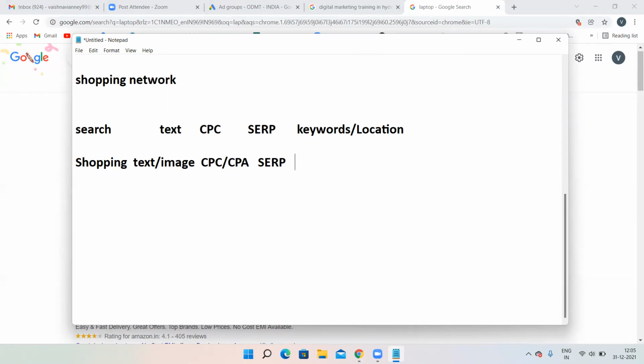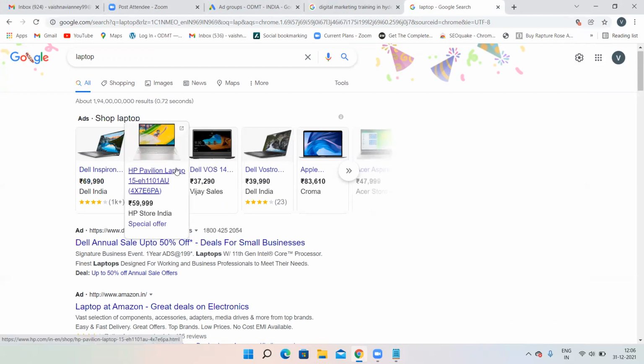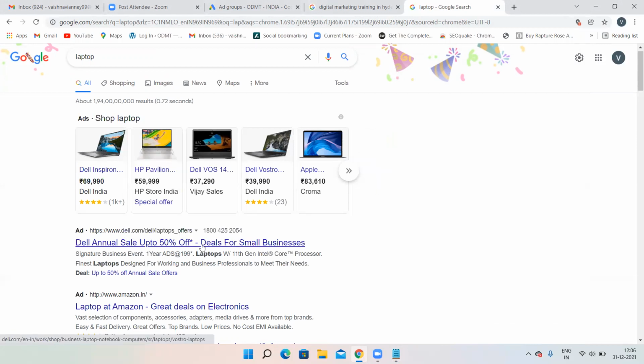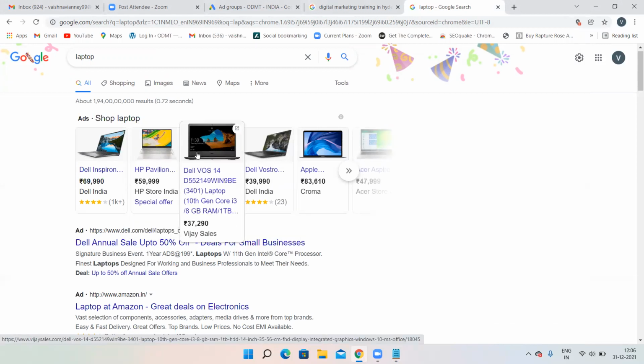Then how does the targeting happen in shopping network? When compared to search network and shopping network, search network is the expensive one and shopping network is the cheapest one. When you run shopping network ads, very little money will be deducted. It is the cheapest among all the networks.